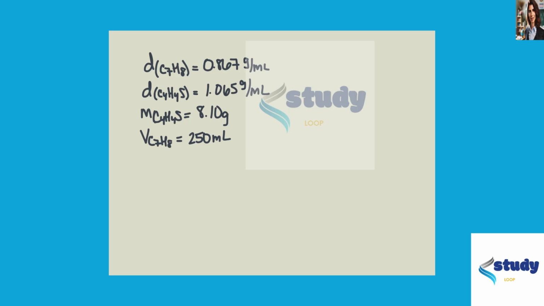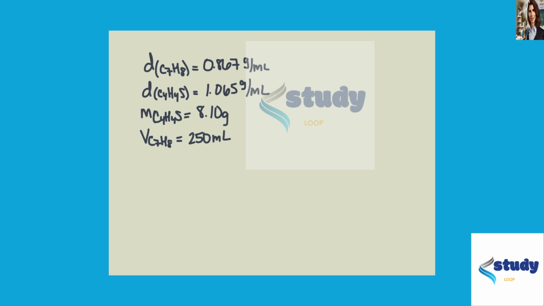For this problem, we're told that the density of C7H8 is 0.867 grams per milliliter. The density of C4H4S is 1.065 grams per milliliter, and we're making a solution that involves dissolving 8.10 grams of the C4H4S in 250 milliliters of C7H8. The first thing we're being asked to figure out is to calculate the mole fraction of the